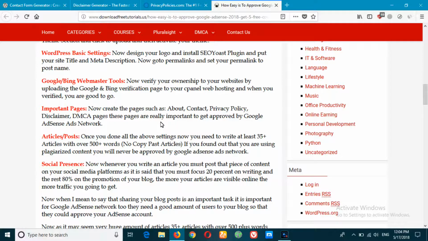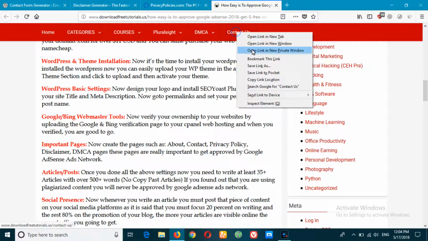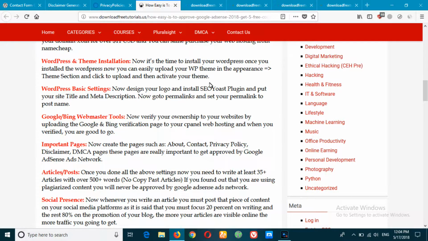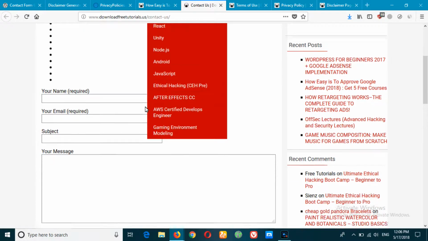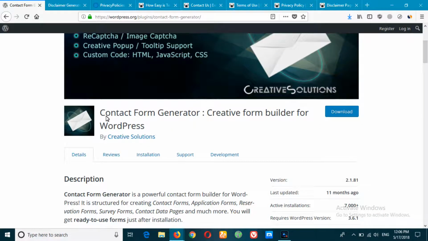And now the second option is the contact us page, and right here, terms of use, then privacy policy, disclaimer. These pages are really important to get Google AdSense approval. Now let me take you to the contact page, which is this, and it is very easy. You just need to install the plugin which is called contact form generator and then upload that to your WP